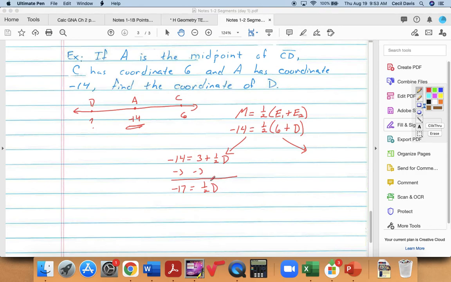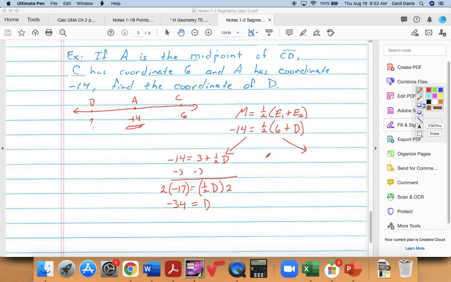To get rid of the 1/2, I need to multiply by its reciprocal. The reciprocal of 1/2 is 2. And if I do something to one side of the equation, I have to be fair and do it to the other side also. This is negative 34 is equal to, and 2 times half of D is just D. So that's one way that you can do this. You can distribute the 1/2. The other way that you can do this